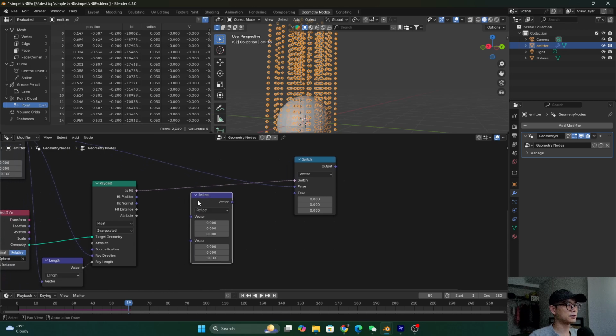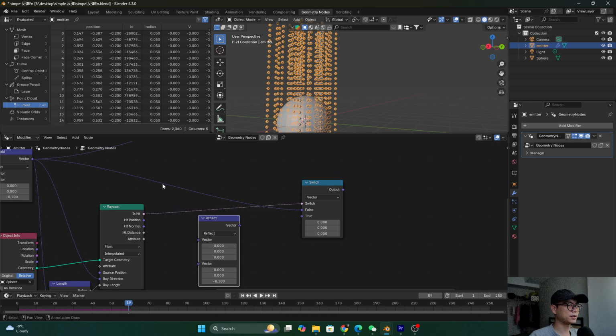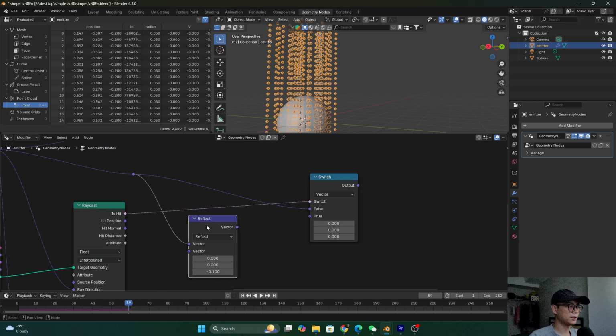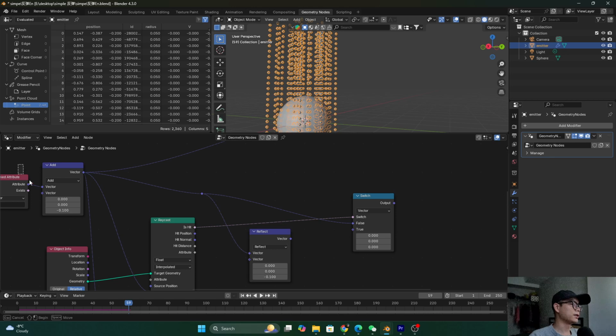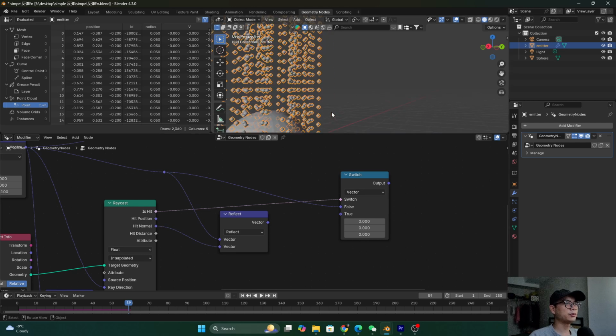Reflect. This node, this mass node, is specially designed for reflect. So we need to connect the initial velocity, I mean the initial velocity and the gravity. And we need a vector for them to reflect. So that's hit normal. Hit normal means